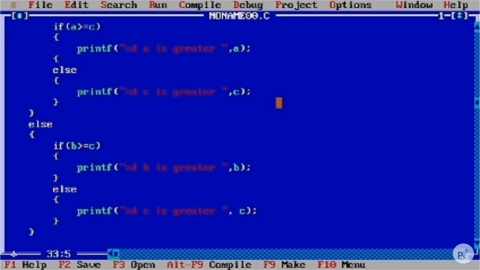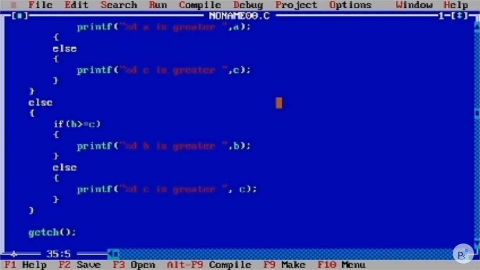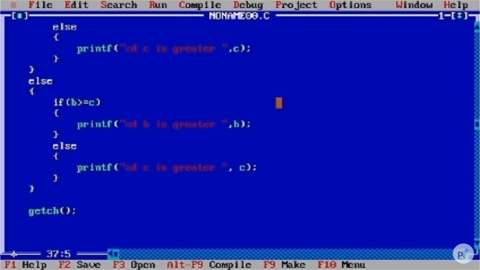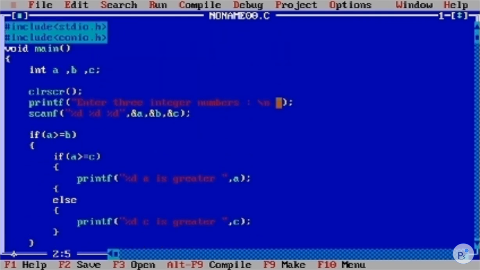Here will be our else will complete. Okay, did you get that? We are taking three variables from the user, then it will check variable a. If variable a is greater than b, if yes, then it will jump over to the inside condition and check it. As a is greater than b, then it will check if a is greater than c, as we are checking with three variables. If yes, then simply a is greater, else c is greater.